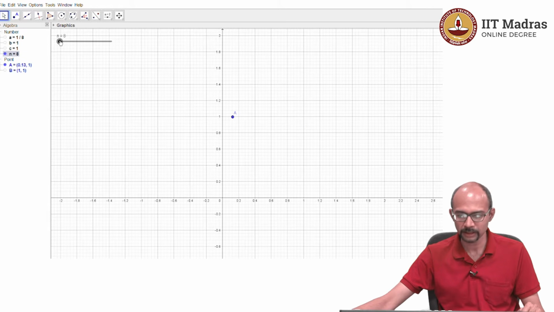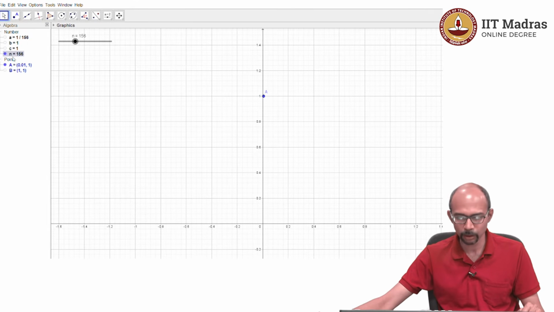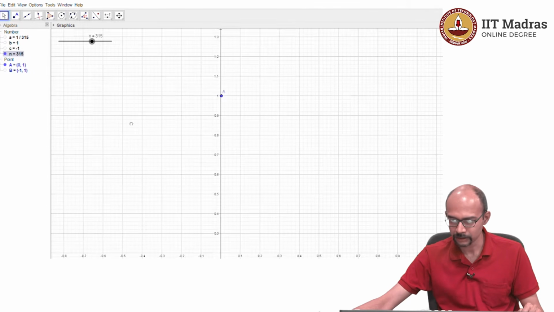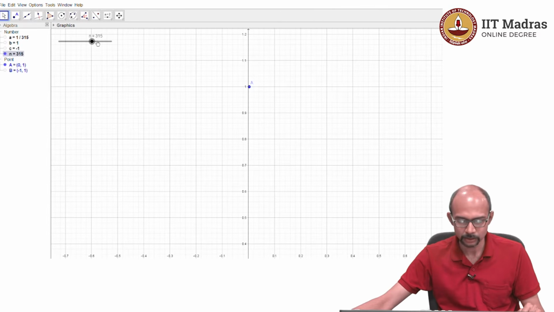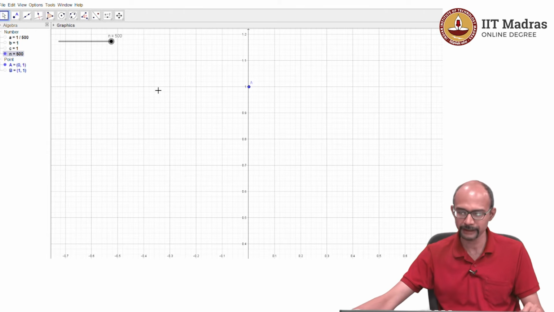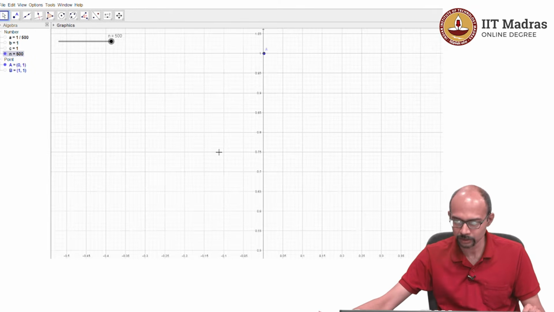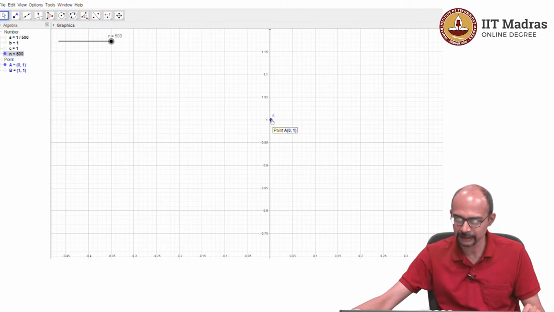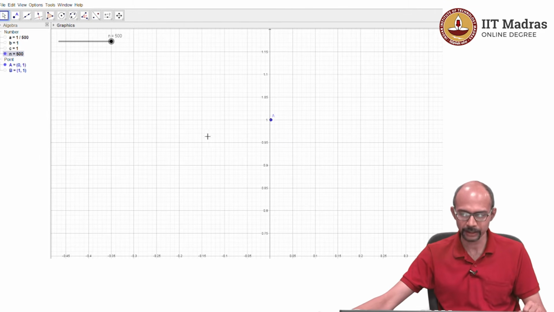Okay, and as you increase n, you can see what is happening to this point. It started coming closer and closer to the point (0, 1), and this is at 156. It is already quite close, and you can see it is closing in further and further as we increase n. So, if we make this larger, it is still not reached, but it is coming very close, and you can see it is moving and it is coming to 500, where it is almost at (0, 1). So, if we make it still larger, you can see it is not exactly at (0, 1), but yeah, it's very close.